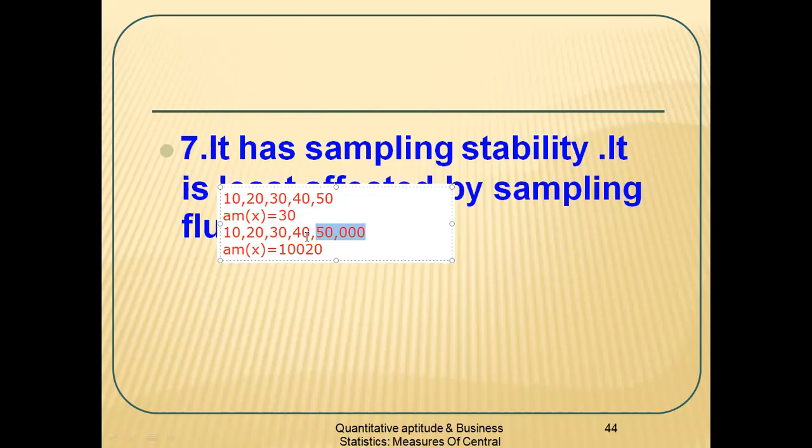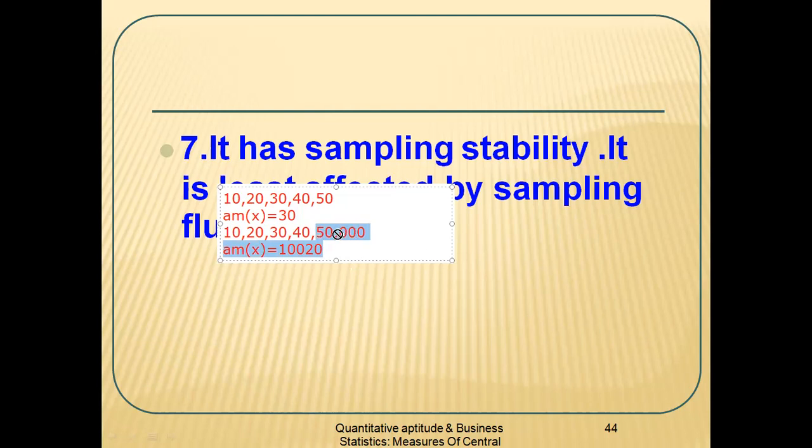Definitely not. Reliability will not be there, because it is an abnormal value. Even though when there is an abnormal value the arithmetic mean can be calculated, we can't rely on it because 30 has become 10,000. So reliability is not existing. Therefore, whenever in any given set of observations there is an abnormal value, arithmetic mean cannot be relied upon. Arithmetic mean is highly affected by extreme observations. That means arithmetic mean cannot be ascertained in case of extreme observation.